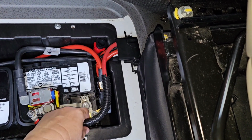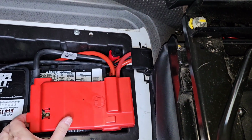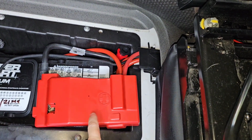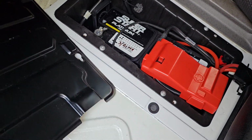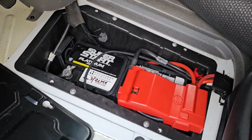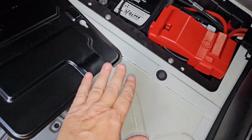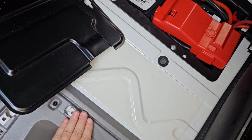It's going to be a little tight now. So this is going to take me 2 hands to get back on. But I'm going to put this cover back on, and then this cover back on with its T25 Torx screws. And then I'll put the flooring back, and then I'll put this little trim panel over here with its,